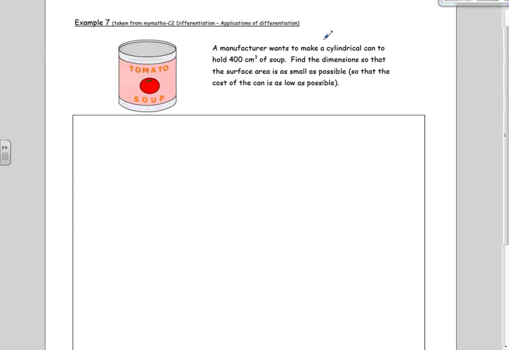C2, Differentiation Example 7. A manufacturer wants to make a cylindrical can to hold 400 centimeters cubed of soup. We're asked to find the dimensions so that the surface area is as small as possible. We can find the volume of the cylinder